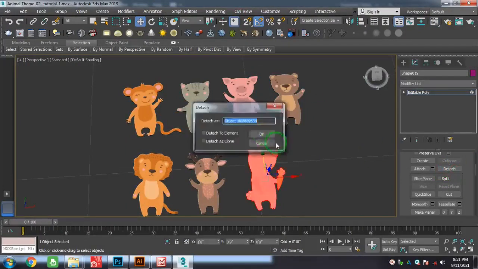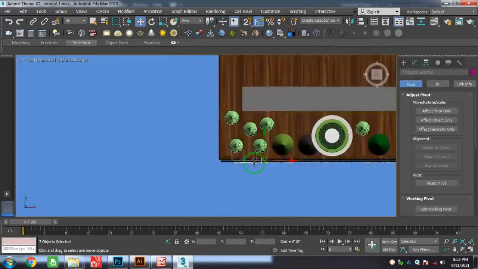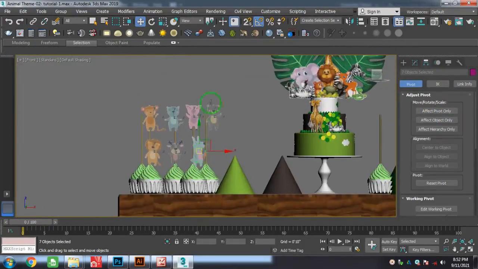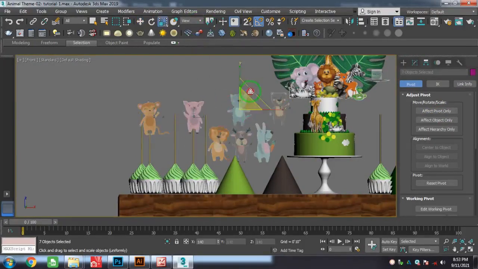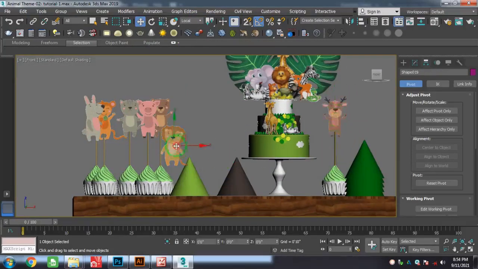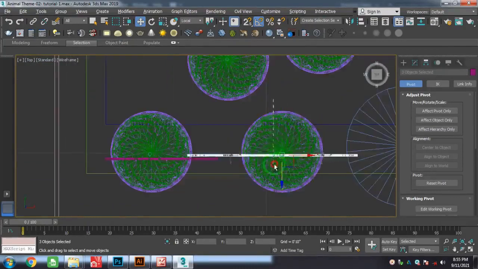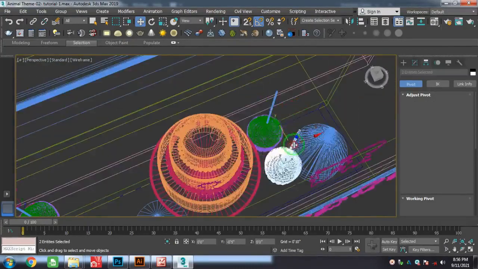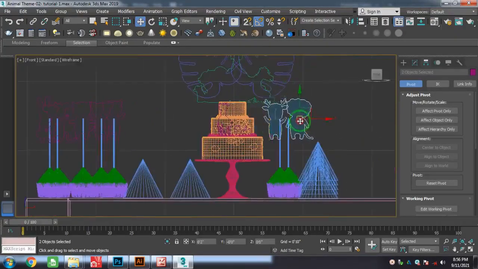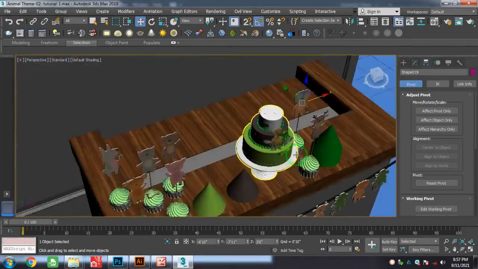Rotate it and place it on that cake. You just give each animal to each cupcake. I just arrange these models on that cupcake. I have done this cupcake top design, and